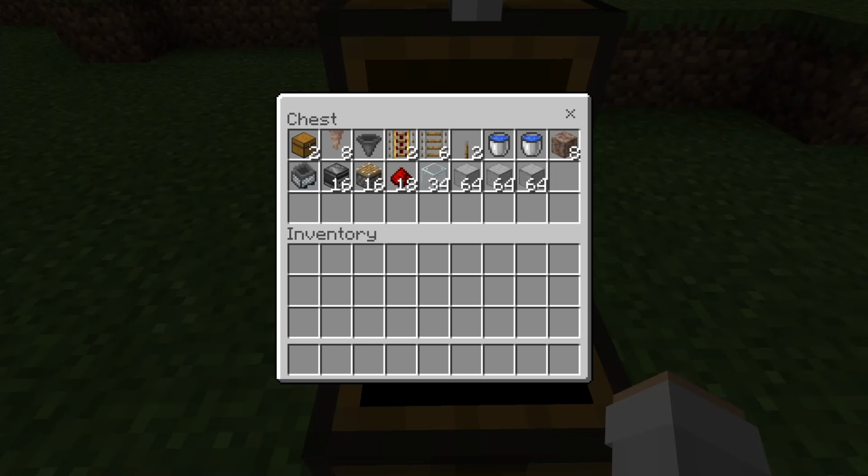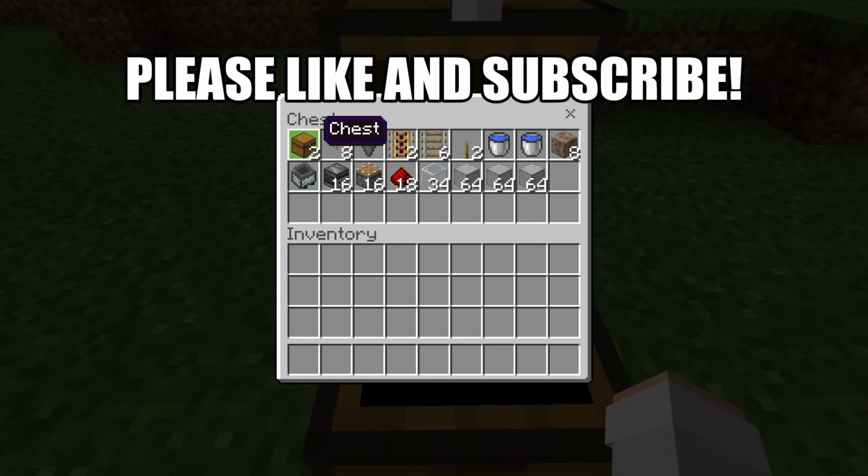farms. For this farm, all you'll need is 2 chests, a pointed dripstone. By the way, you guys can get a pointed dripstone by mining it in caves. 1 hopper, 2 powered rails, 6 rails, 2 levers, 2 water buckets, 8 dripstone blocks. By the way, you guys can get dripstone blocks by mining them in caves or by using pointed dripstone to